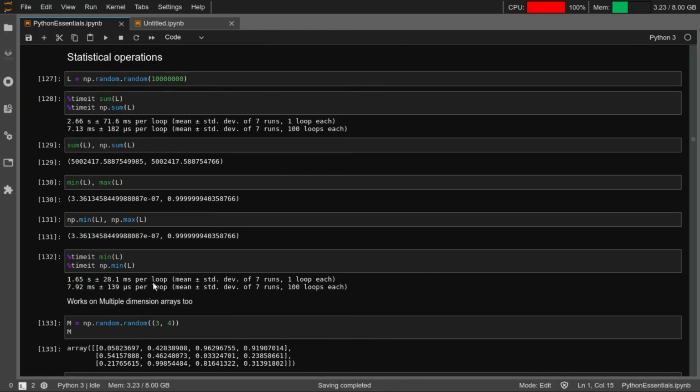A few more statistical operations, like sum, max, min, and all of these can again be called using the NumPy library. And as we argued above, there is an advantage of using np.sum over the normal sum that comes with Python.